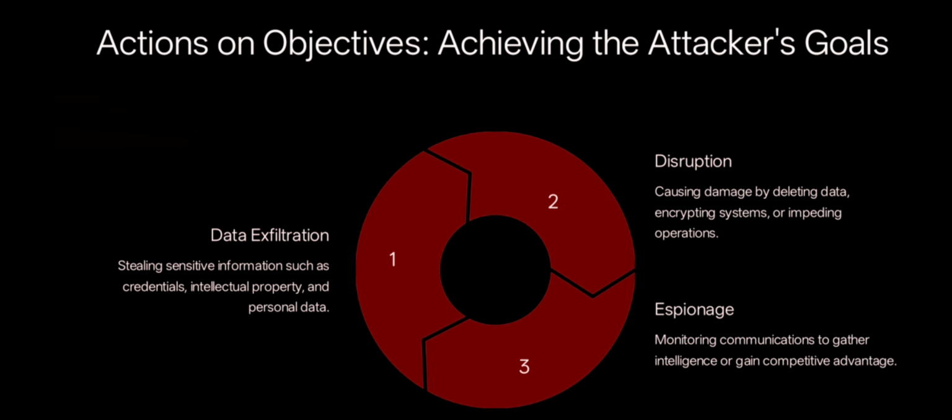C. Systems theory. Treats enterprise environments as complex adaptive systems. Objectives often target critical nodes or feedback loops, e.g., ERP systems, authentication services, to cause disproportionate impact. 4. Risk realization model. In classical risk theory, risk equals threat times vulnerability times impact. The action on objectives phase is when impact is not equal to 0, i.e., when the theoretical risk transforms into actualized harm. This moment marks the transition from probabilistic, e.g., attack simulation, red teaming, to deterministic consequences, e.g., data breach,